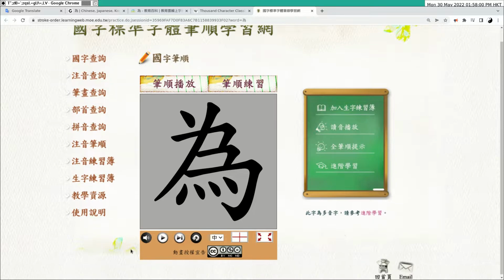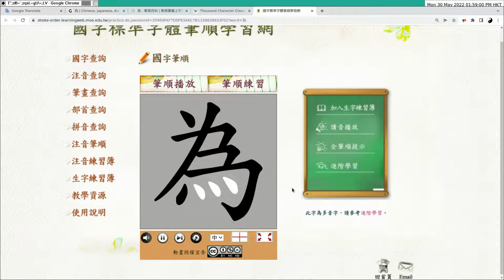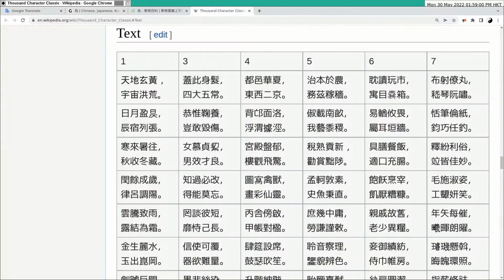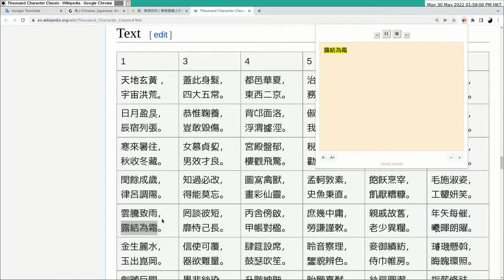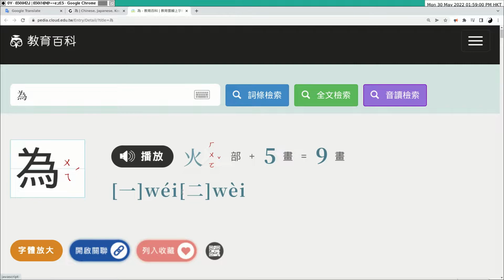Now the writing of this word, the radical is this four-dot, which means fire. So in the classification of this character in the Chinese dictionary is the fire radical. So basically, I would say it means becoming in this sentence. 入结为霜 It means that when the dewdrops gather together, they become ice. So there are numerous explanations, meanings of this character, but here the correct meaning is becoming. 为火部 火部, this 画 means a fire radical. 画为乌 a 为